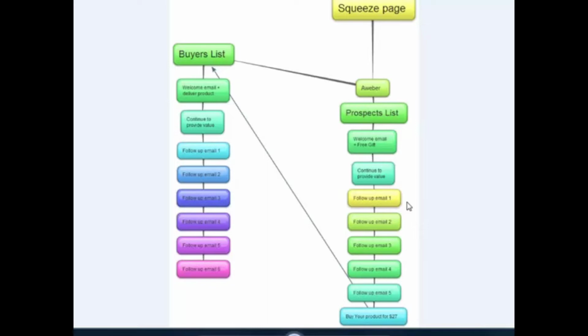And if that person then buys, as you can see at the bottom here, I've put buy your product for $27. It could be $7, it could be $5, it could be $97. Whatever price point you place on your product, as soon as that person buys, you absolutely must segment your list. You must then send that person to a download page where they will automatically get placed in your buyers